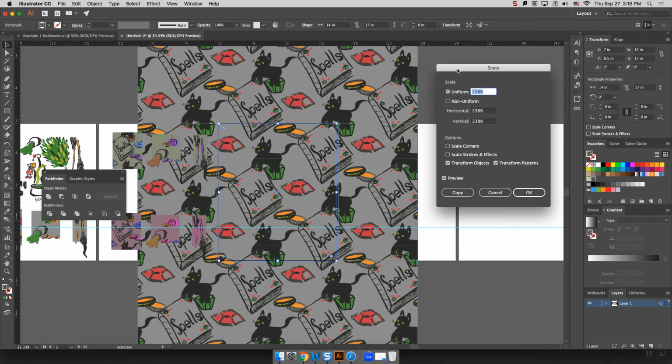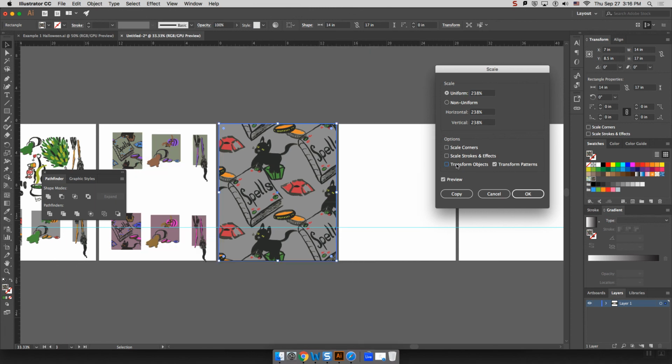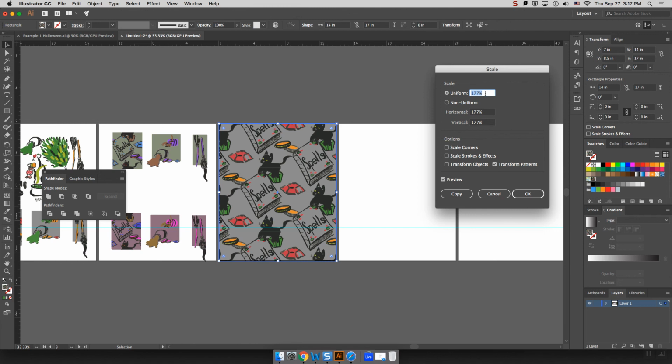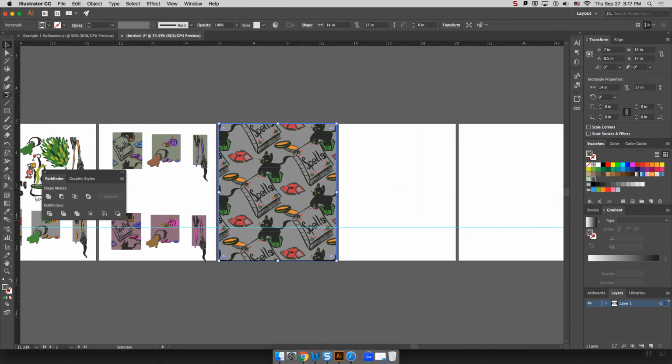transform scale, right? And right now it's scaling the whole object, but that's not what we want. We want it to just transform the patterns. So I'm going to uncheck transform objects, sorry, and only transform patterns should be checked. And we can adjust here the scale. And maybe it's not giant, it's just like that big. But this still is only really showing us one whole repeat. So in the second